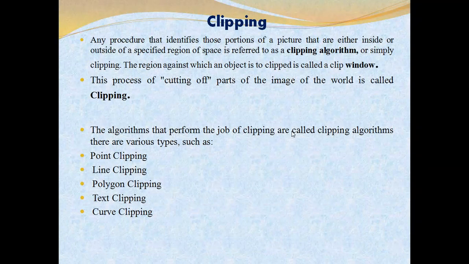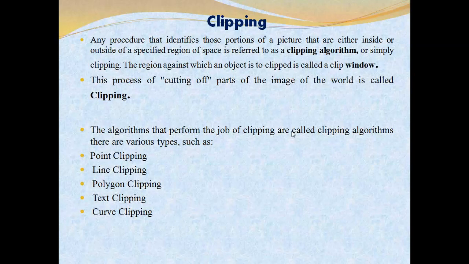To keep the transformation constant, we need to cut or delete the portion of the image that is either inside or outside the specified region or viewport. We define an algorithm that helps us decide which portion of the object to be clipped to a window, called a clipping algorithm. A clipping algorithm defines the process of which part of the object or image needs to be cut or clipped for viewing purposes in the viewport. This mechanism is called clipping.